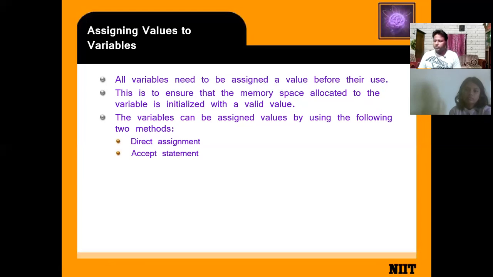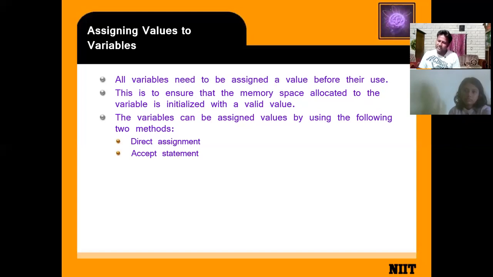Direct assignment means we directly store the value. Accept statement means we ask the user to provide some value and we store it in the variable.